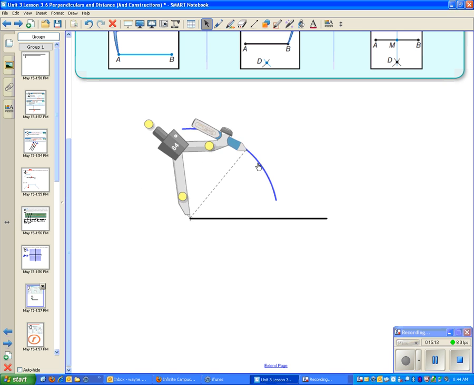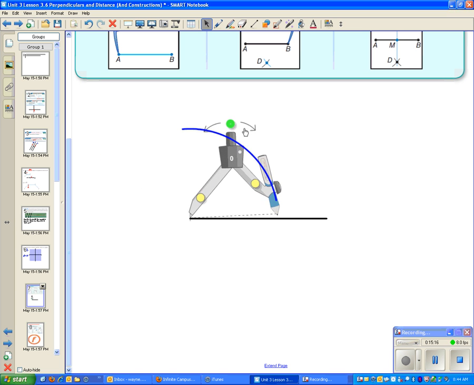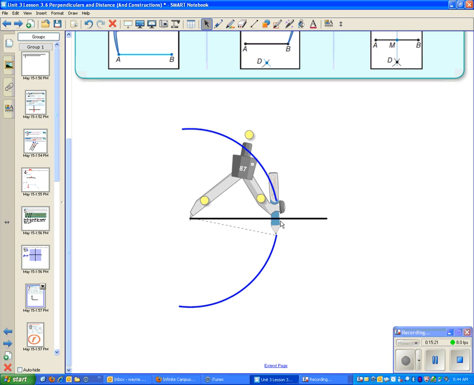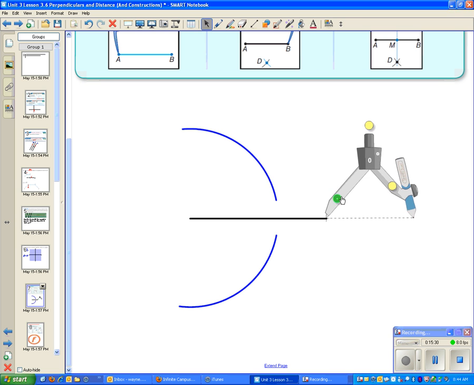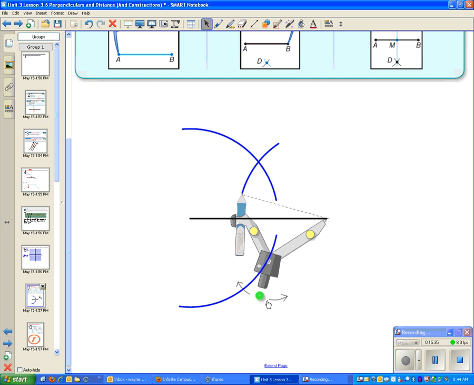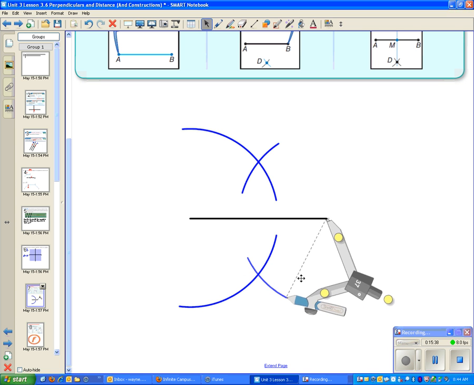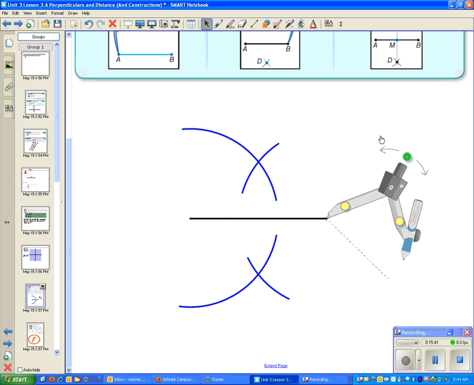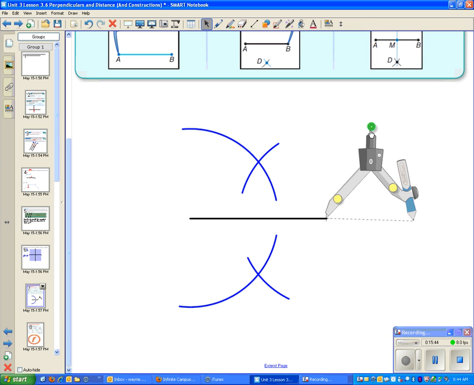Arc above. Arc below. Then you move your point to the other end point. Arc above. Arc below. And now when you connect, that one little segment